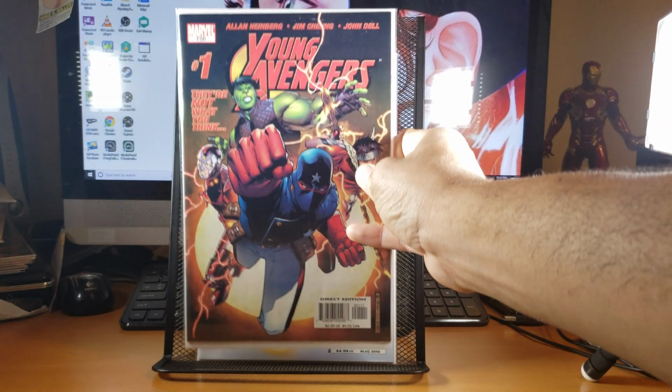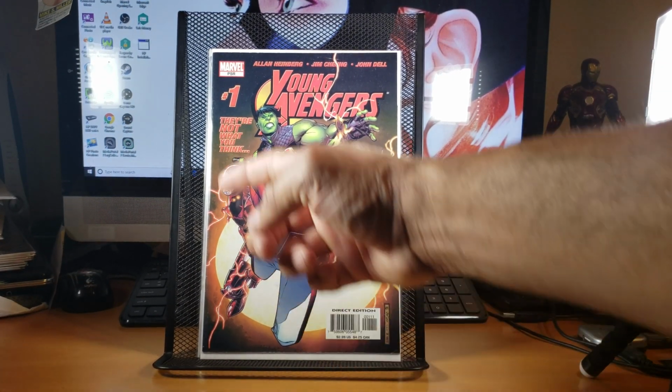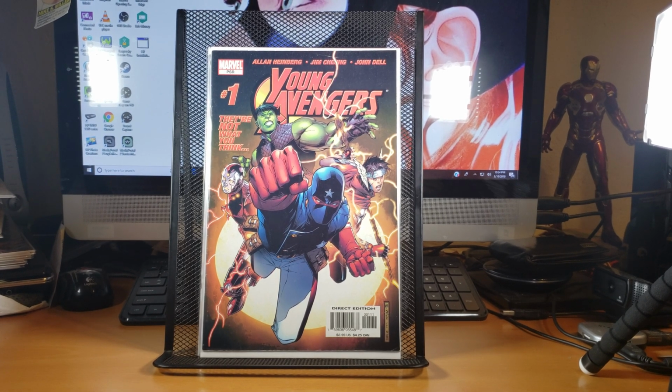Also found another copy of Young Avengers #1. This one's got a couple spine ticks, but still, everything's pretty decent on it. I mean, it could grade out to be, I don't know, I'm not a grader, but it's definitely a decent copy. So it was pretty cool to get that. I already have my own personal one, but